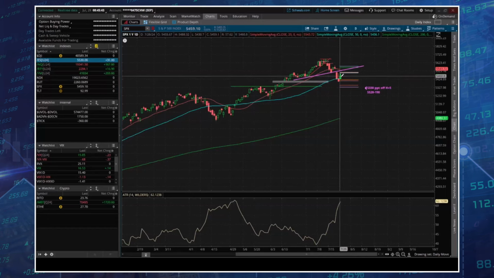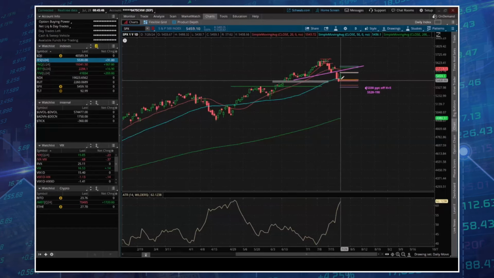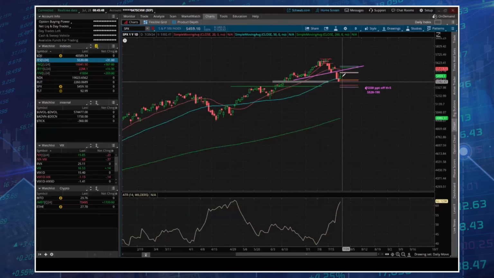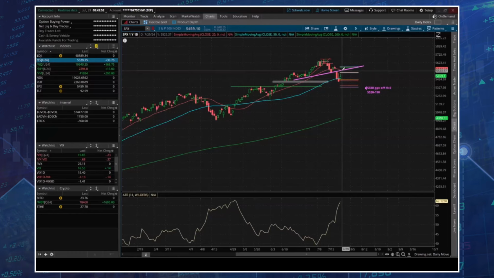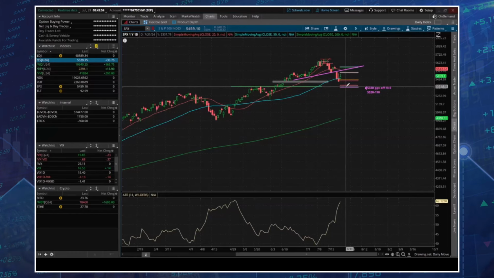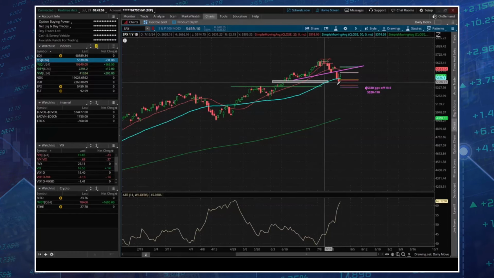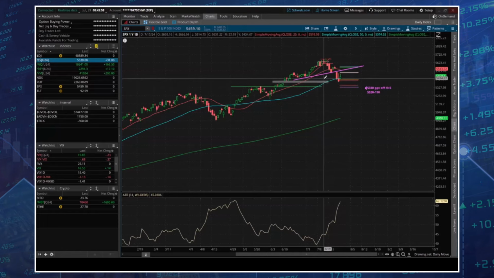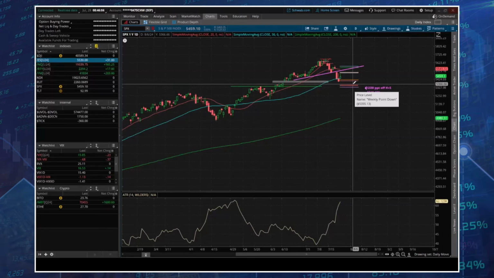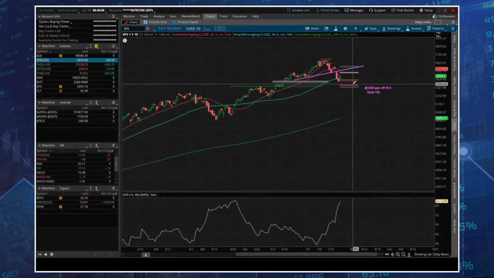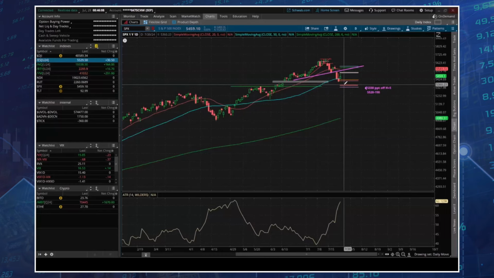But right now, again, the probabilities favor that we're going to trade in this range, and that if we get a bounce here, it's going to come back down and probably either retest this bottom and then go higher, or retest here and then go higher. Again, we want to keep our longer term trend in mind. Any down move we get is bullish.